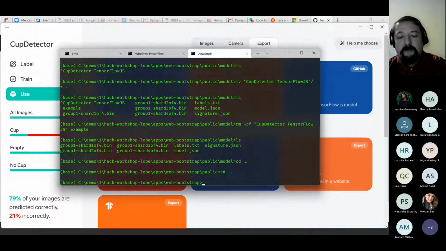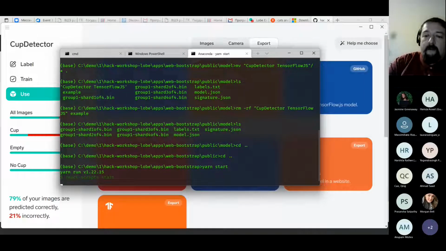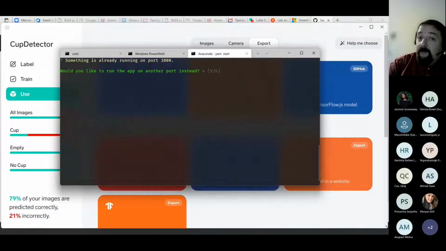So let us try it again. But significantly less accurate. So there's always a compromise between accuracy and speed. If you want the model to run on a mobile device and run fast, you would optimize for speed. If you want the model to run on the server side, for example,